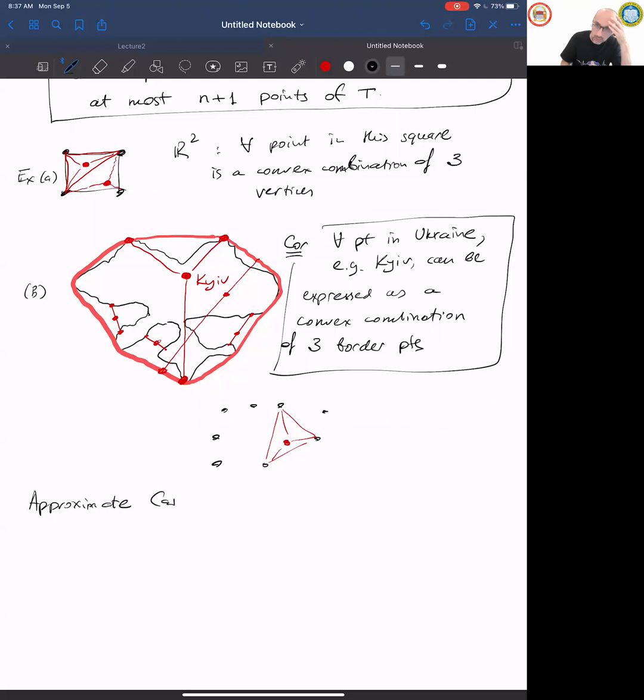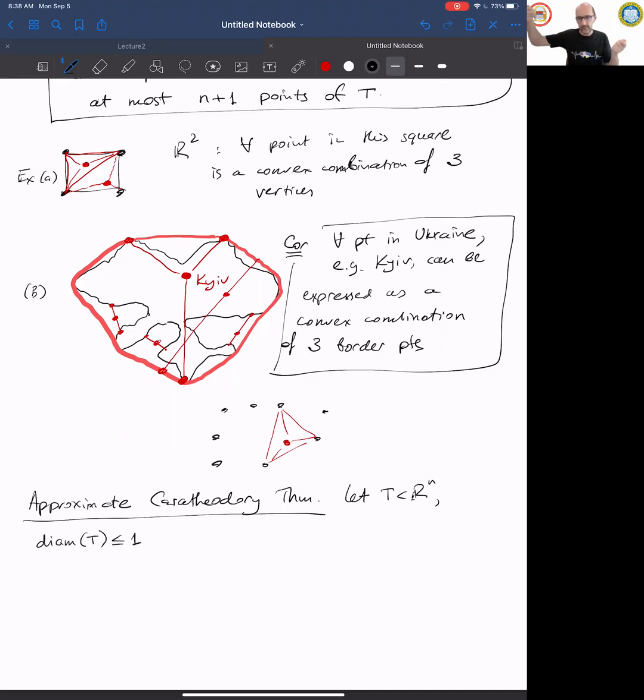Approximate Caratheodory theorem. We take any set T. Well, because we're talking about errors now, let's find the correct scale. So let's scale T so the diameter of T is at most 1. The distance between any 2 points of T is at most 1. That's just a scaling thing. Then any point in its convex hull,